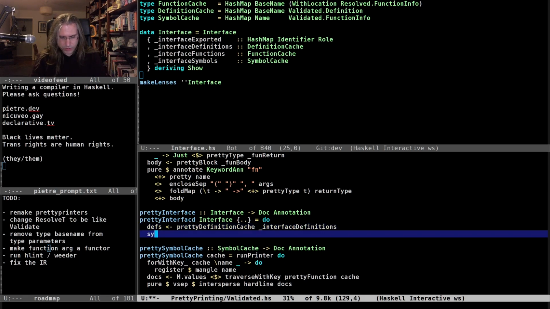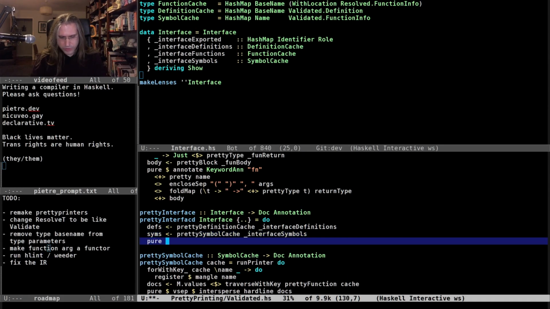Then I will do the symbols by doing a pretty symbol cache of the interface symbols. And the result of this will be a vertical separation, which is just the definitions, a hard line, and the symbols.